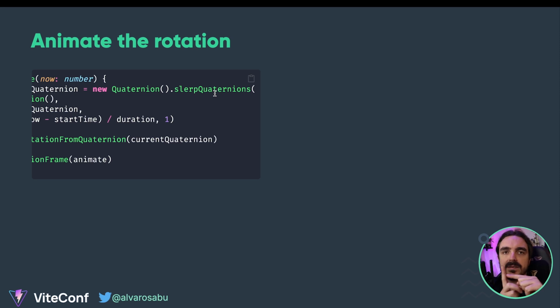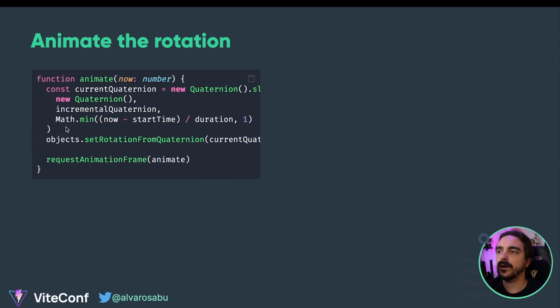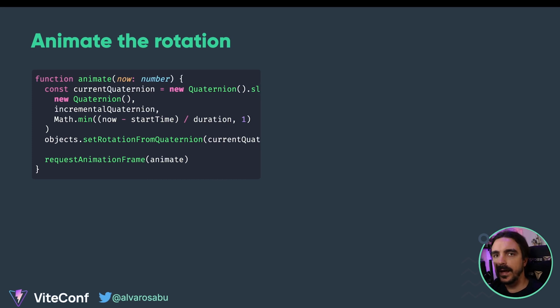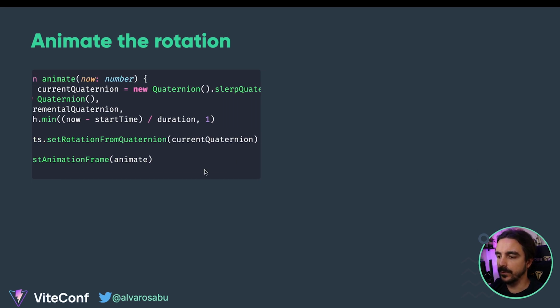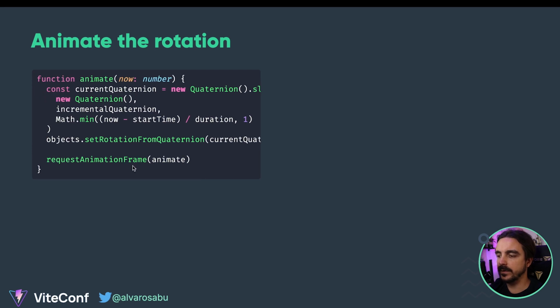So we are basically saying how much we're advancing the animation between one quaternion and the next quaternion, okay? Then we needed to calculate the time of the animation, and then we set the rotation from the quaternion to affect all the objects that are in that group. And we're setting it to the current quaternion. Then we're calling requestAnimationFrame to run again.